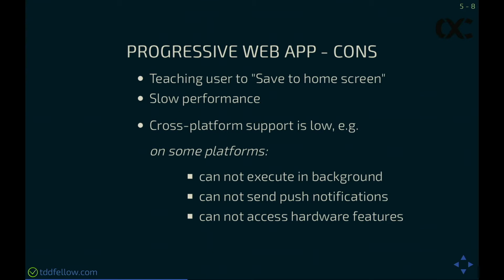So on Chrome, the support is actually very good. But if we go to the iOS world, you cannot execute in the background again. You cannot send push notifications. You can if you ask your user to install another native application that's going to be sending push notifications to them, which is also weird because it's more work for users. So it's a really weird experience. Not a lot of people will do that. And you can access hardware features such as the camera, but for GPS location, you can access only imprecise location.